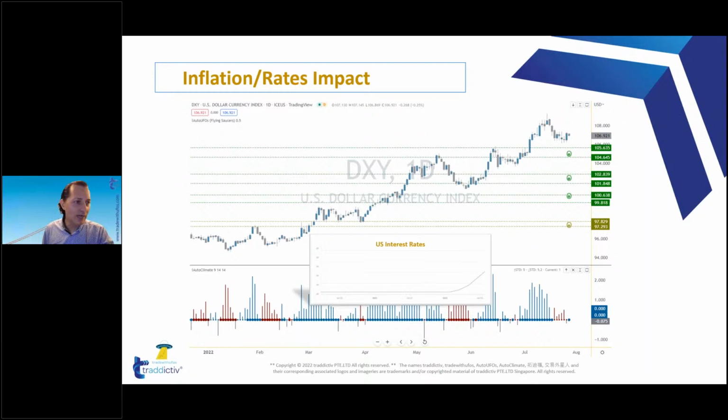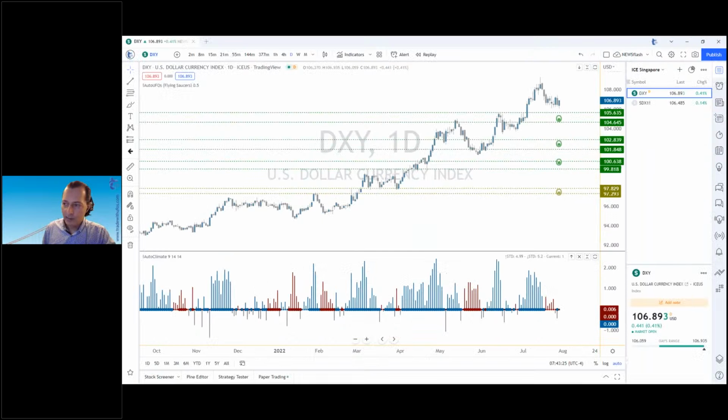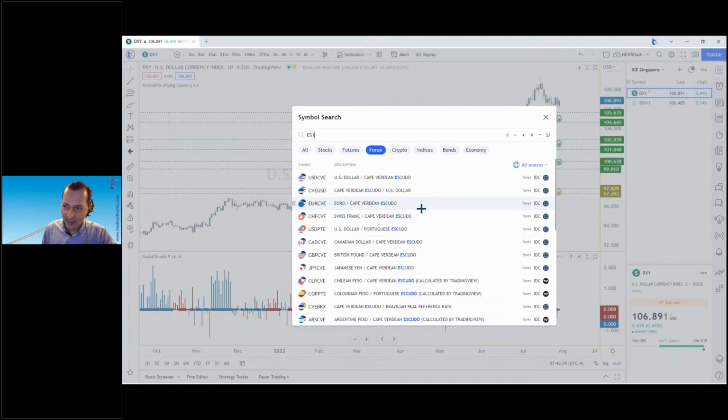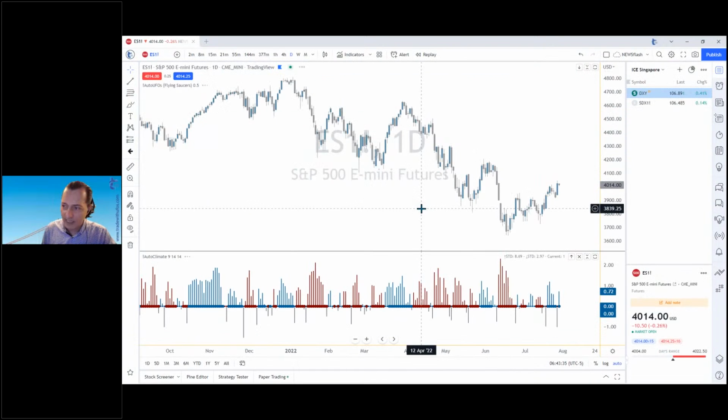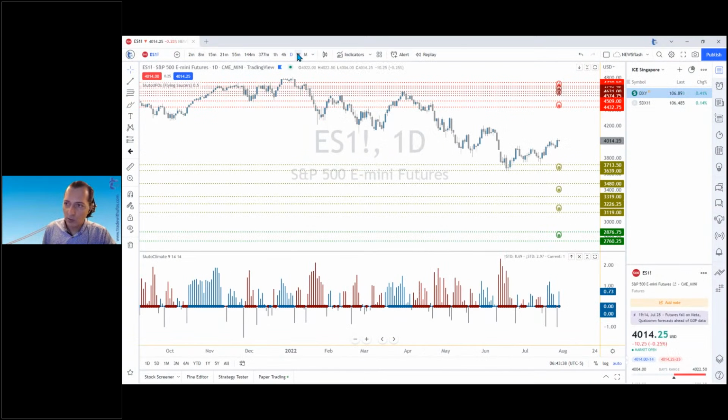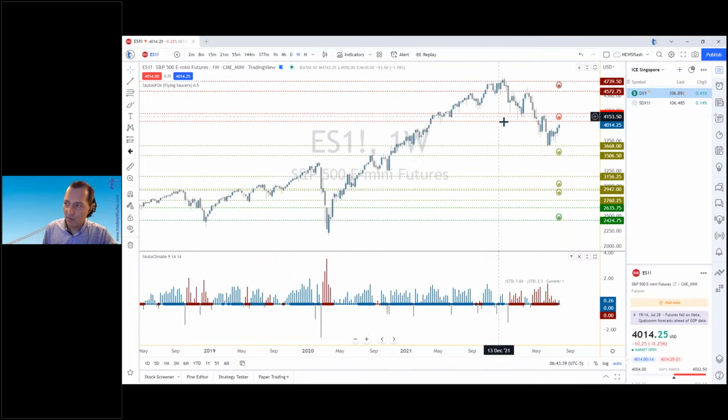Okay, let me move to real-time charts for a second here. This is a real-time chart on TradingView. If you look at, for example, a classical market index, the S&P futures, and I look at a weekly time frame of the S&P, from January 2022 we got a pretty relevant crash. If you measure all the way to the bottom, there is about a 25% crash.